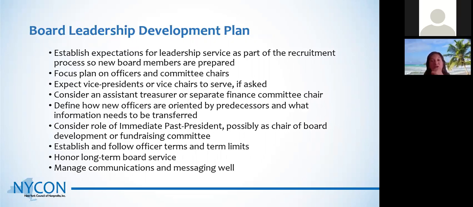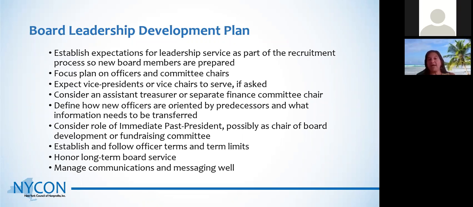Many times when you have long-term officers or committee chairs, they've kept it close to their vest. So part of that is making sure that they are turning over the relevant materials. And that's true of committee chairs as well. If you have somebody who's been chair of your event committee, has that committee documented what needs to happen for each event or each activity, for the gala, for instance, so that it's a success when they're not part of it and driving that agenda?